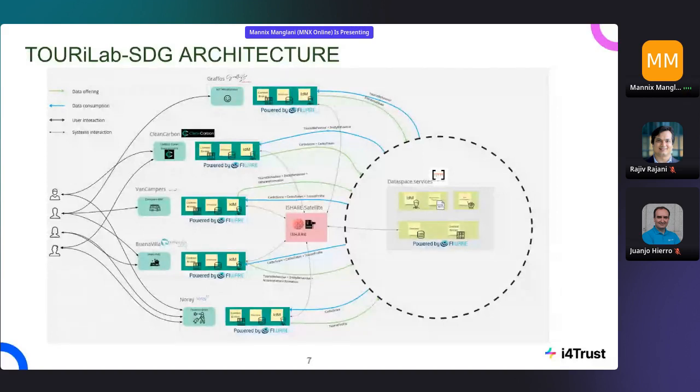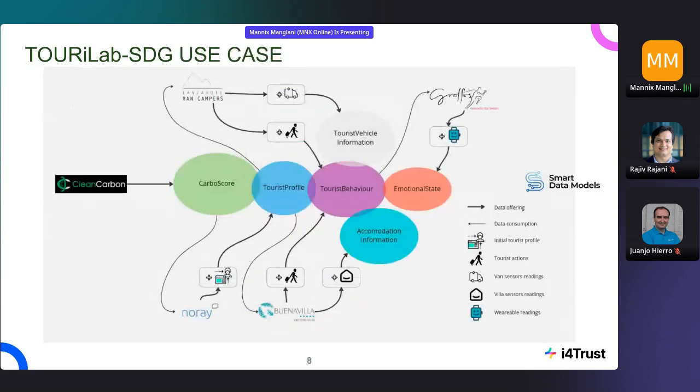So here it's about how we share the data, but mainly this is the use case that we have provided for this experiment, in which, as I said before, we will use this Carbo score, a sustainability score for both companies and tourists, that will be used to enhance the tourist profile from Norai. And then afterwards, that tourist profile can be used by the end consumers, such as Van Campers, Buenavilla, and Grafos,